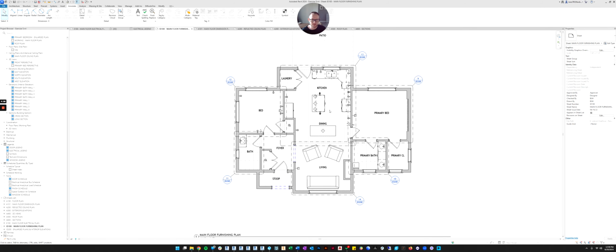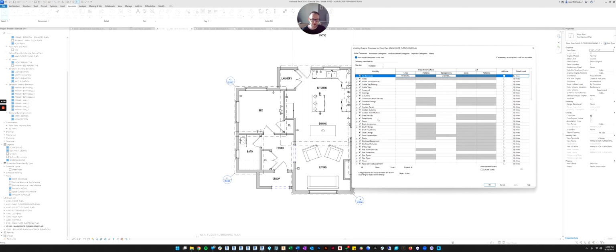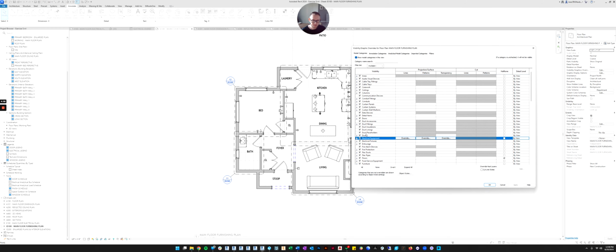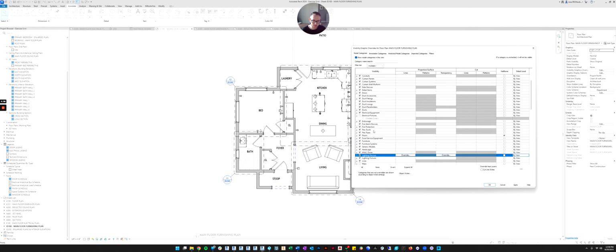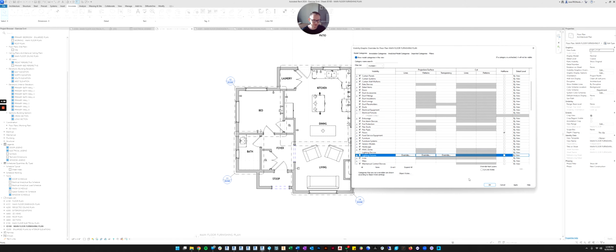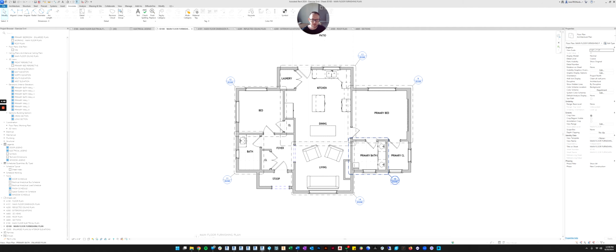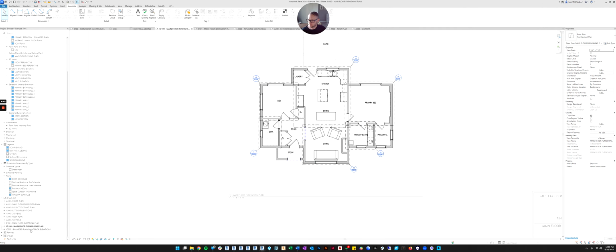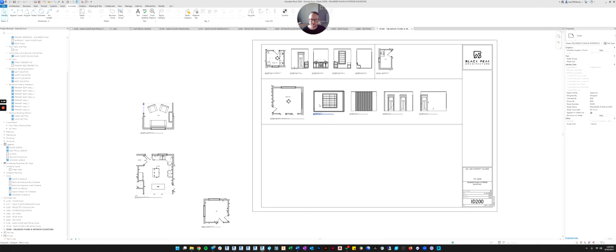So let's double click in there to activate the view. And we'll go to the visibility graphics and we'll shut off electrical fixtures. And we'll shut off lighting devices and lighting fixtures and click OK. And there we go. And we would do the same thing